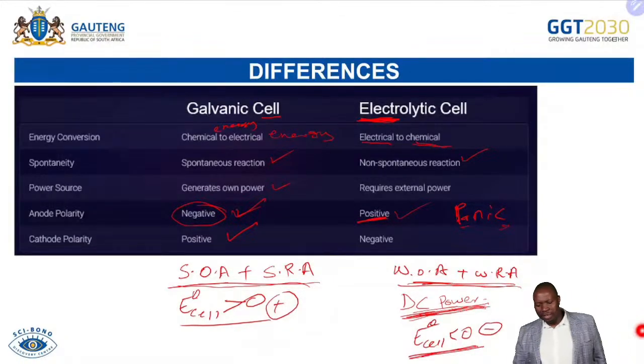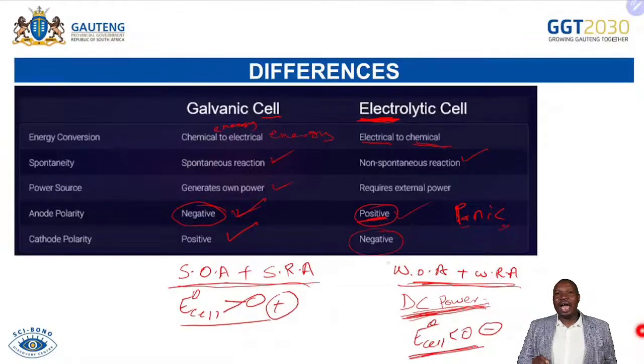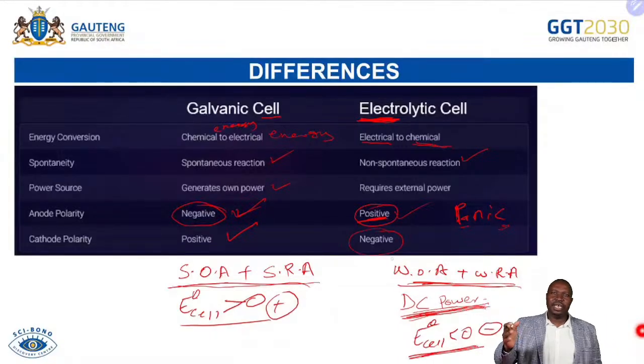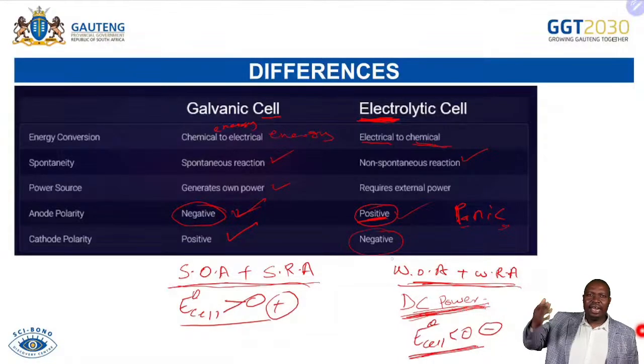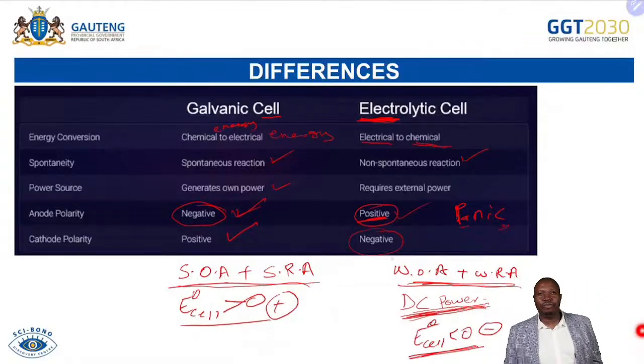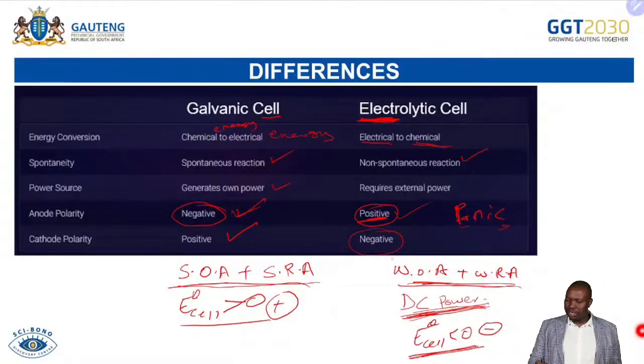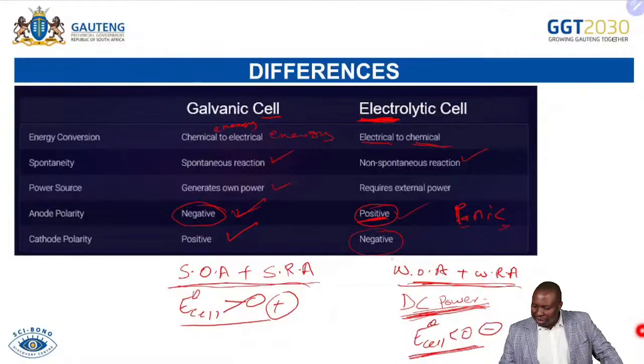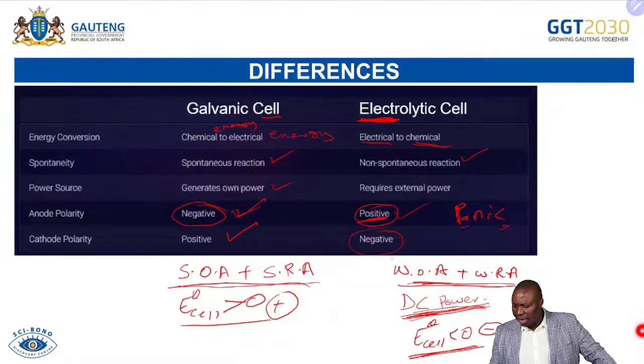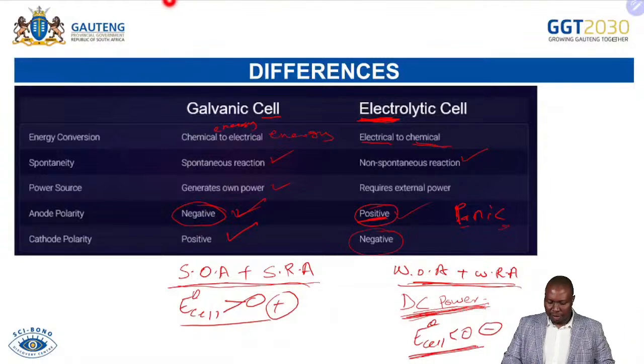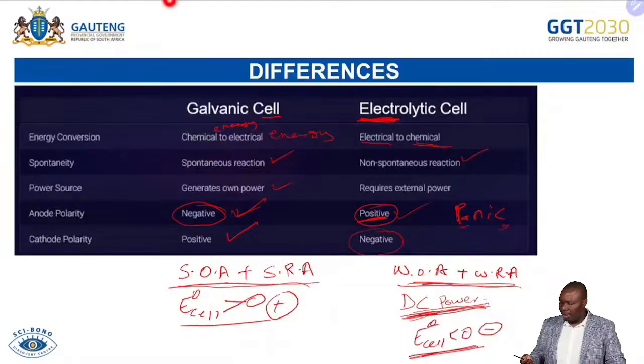Hence, now you will see that we have a positive anode and negative cathode under the electrolytic cell, which are forced. Hence, we're saying it's non-spontaneous. It is that source of electricity that's ensuring that positive is anode and negative is cathode. I hope you appreciate now the similarities and the differences between galvanic and electrolytic cell. Sorry for that. And then as we move, we are able to say